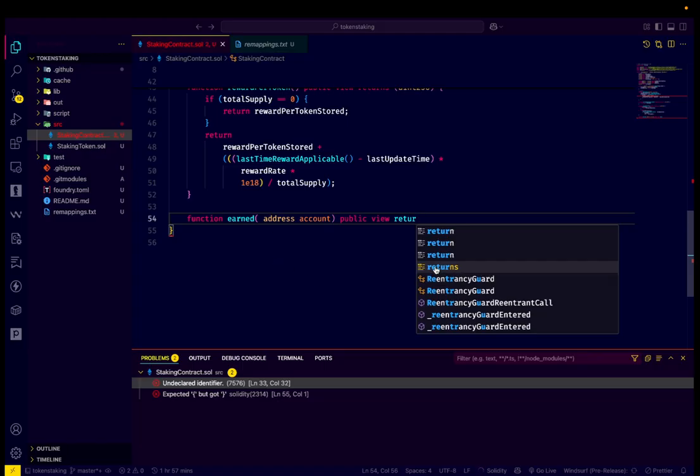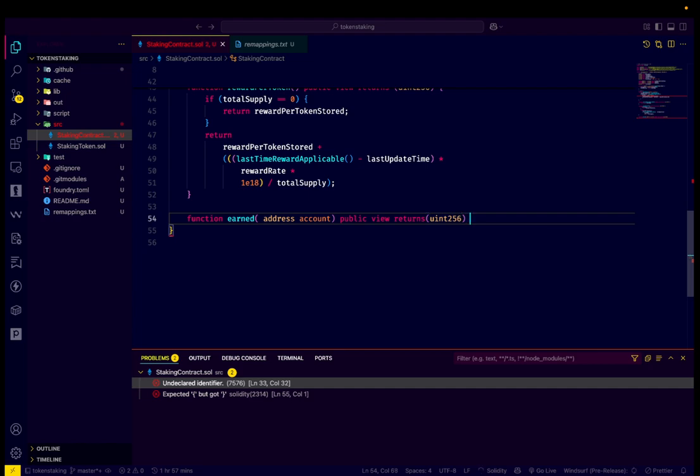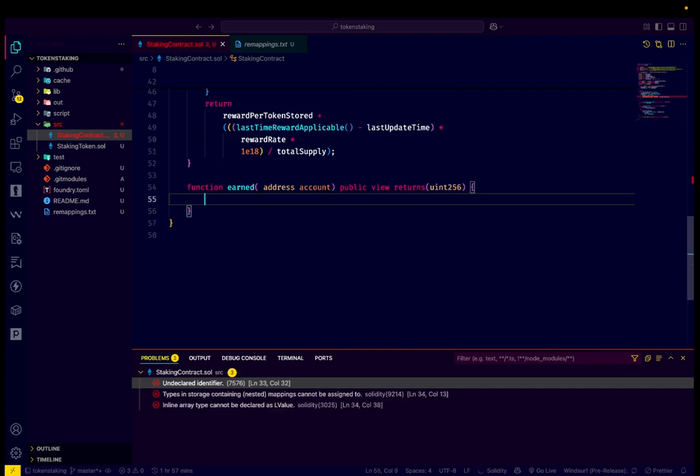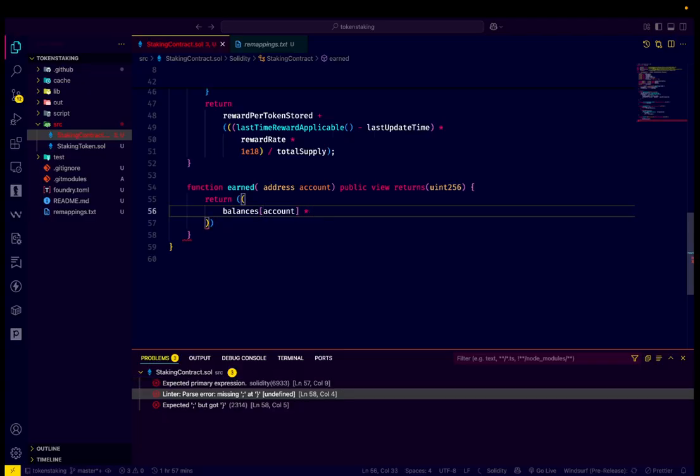From here we are going to return balances, a mapping, and from here we have to add account inside the balances, and now let's multiply this to the